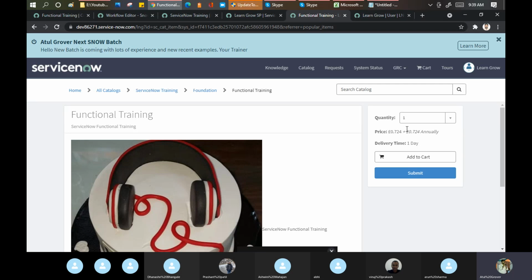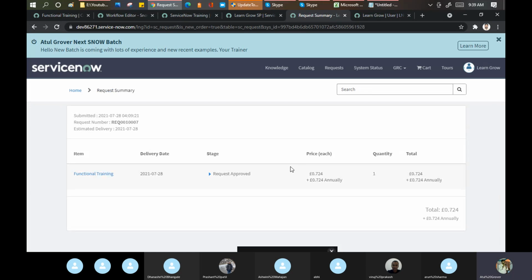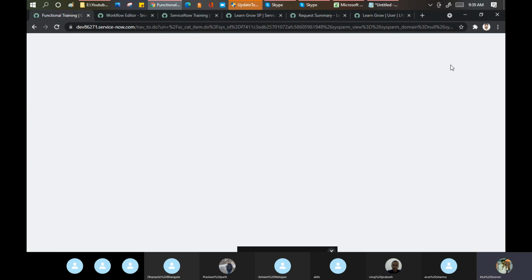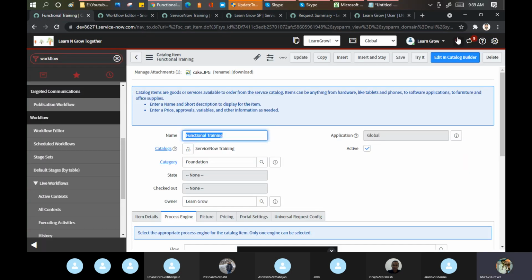And now I will order it. Simple. My request has been generated and now you can see the request showing in the approved state. Let's see what we did wrong here. Copy. Simple. These are the troubleshooting points. Sometimes I make the mistake intentionally and sometimes it happens to me.